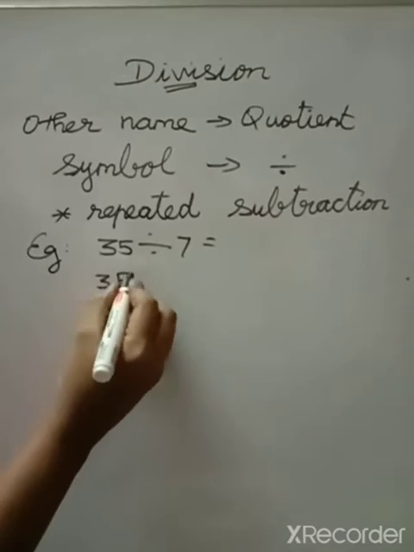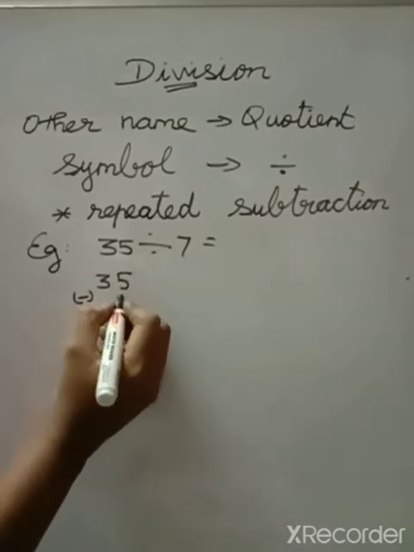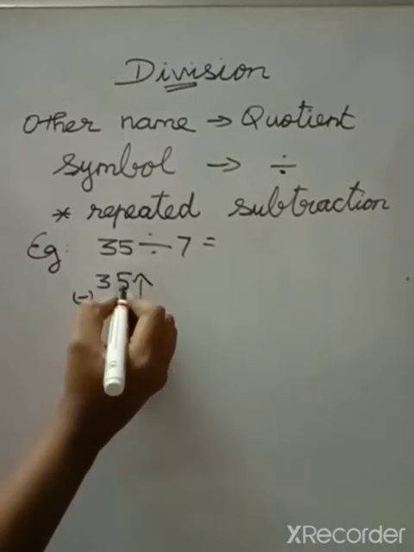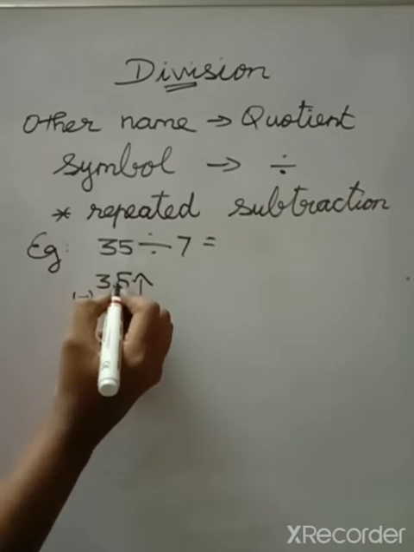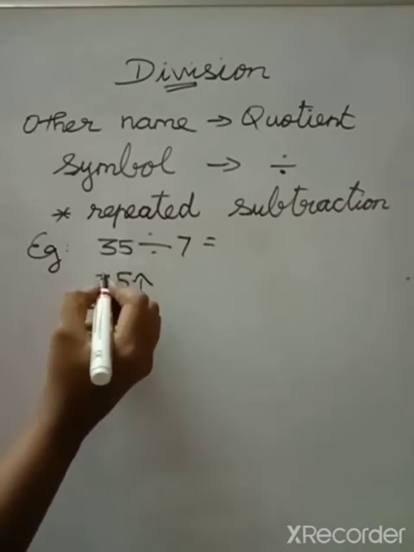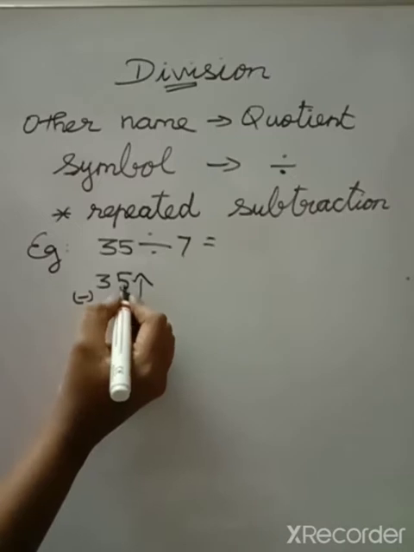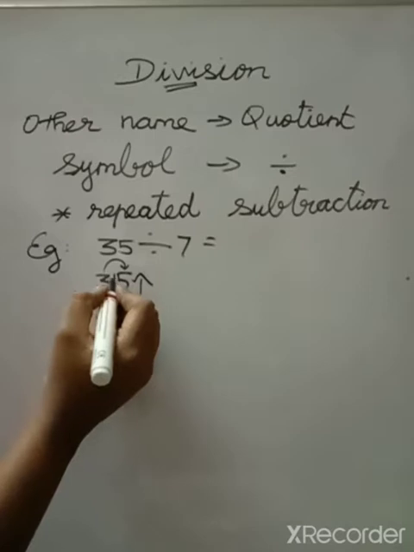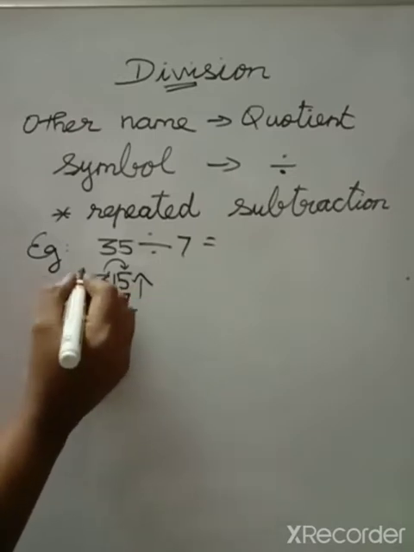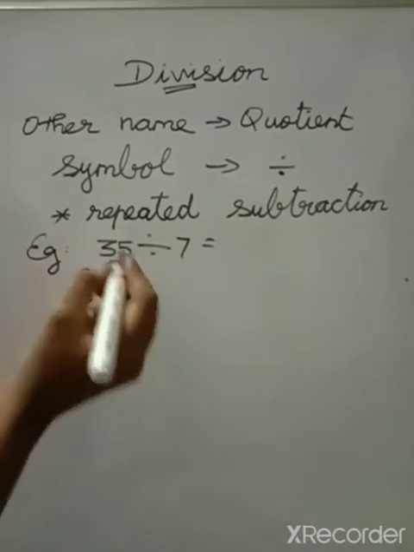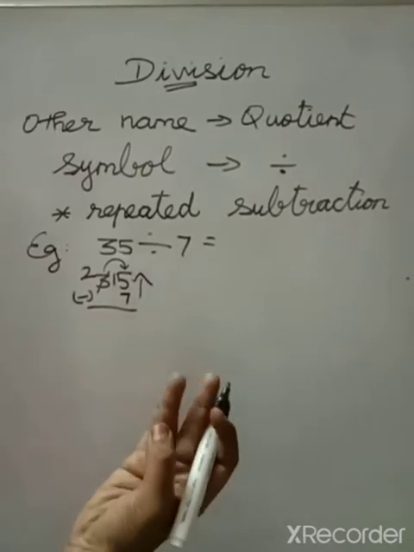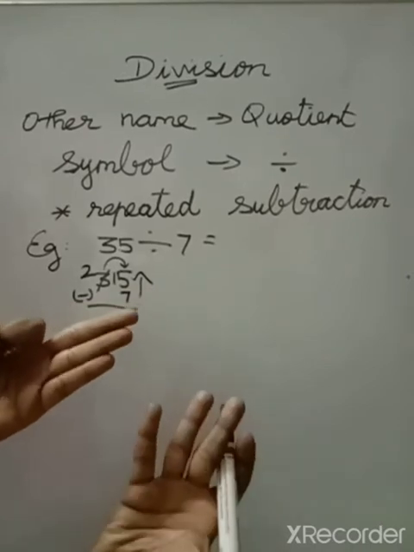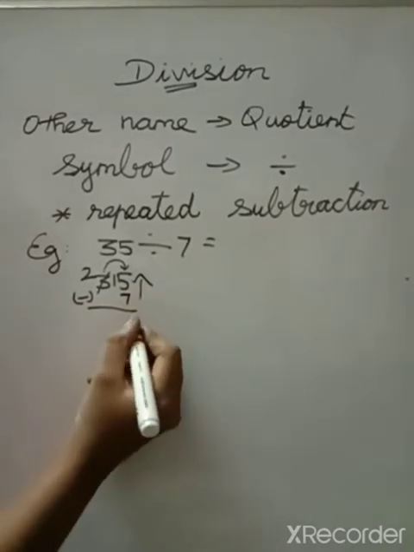So first, write the first number, minus 7. Subtract the second number from the first number, and the first number should be the bigger number. If it is a smaller number, we have to borrow. Here the first digit is smaller, so I am borrowing from the nearest place. 5 becomes 15 and the 3 before it becomes 2. Now, 7 after: 8, 9, 10, 11, 12, 13, 14, 15. How many fingers are here? 8 fingers. So the answer is 8.